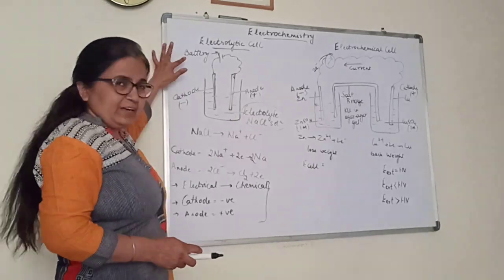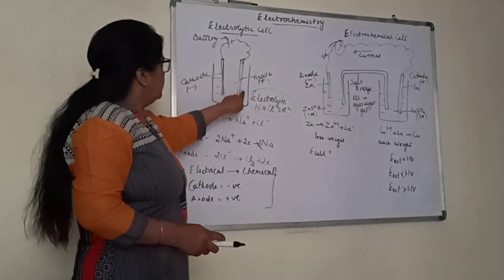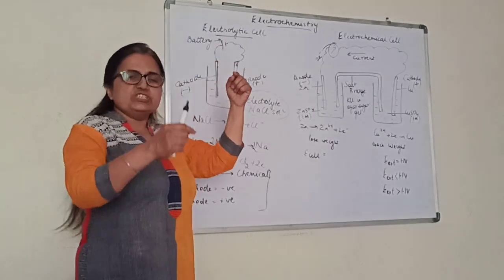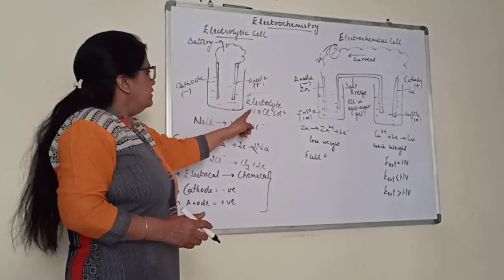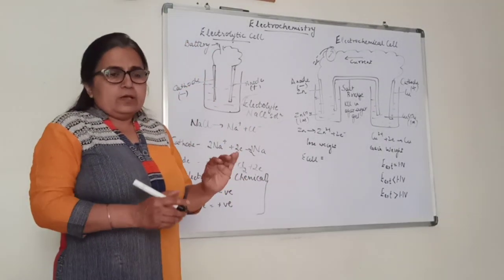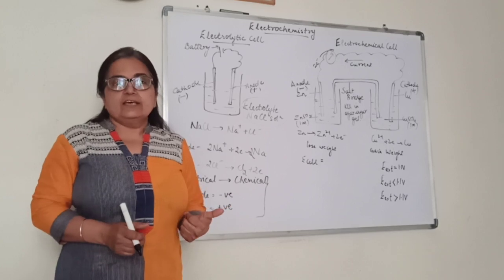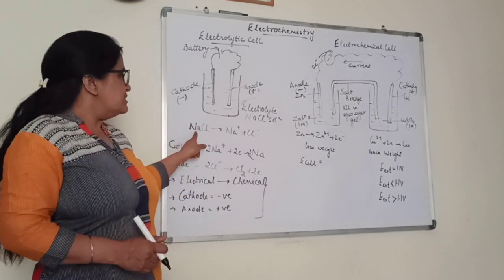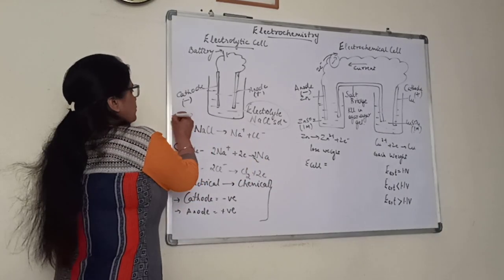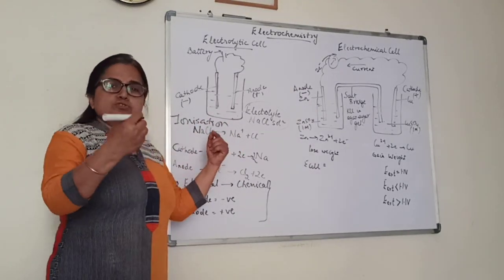So here we connect the battery, we connect the cell, and that is further connected to two electrodes. One serves as cathode, another as anode, depending upon to which terminal of the battery they are connected. And here we have taken sodium chloride solution as the electrolyte, and electric current is passed through it. So when the electric current is passed through the electrolyte, what is the first process that occurs? Ionization. So NaCl undergoes ionization. It forms cation and anion. So what is the first step that is taking place? Ionization.